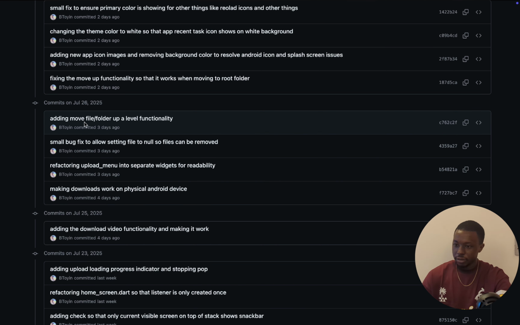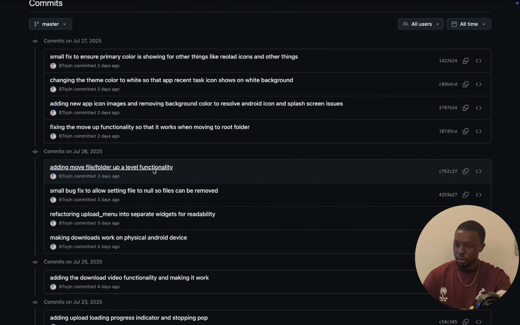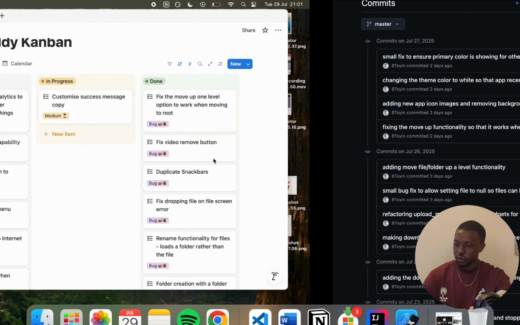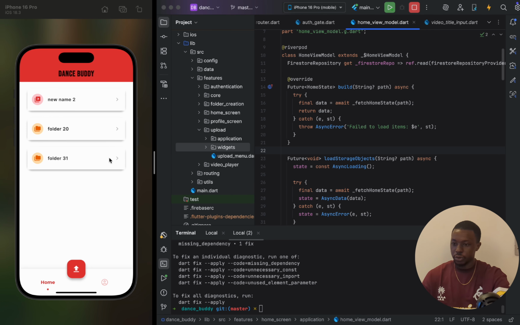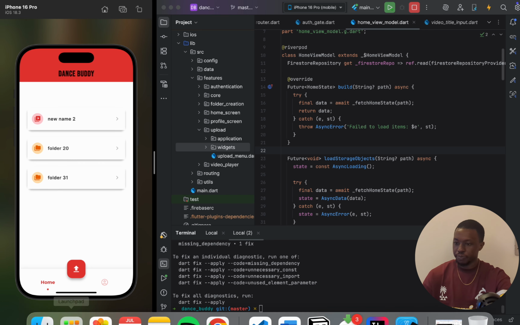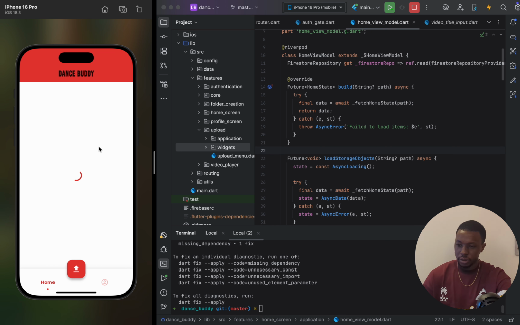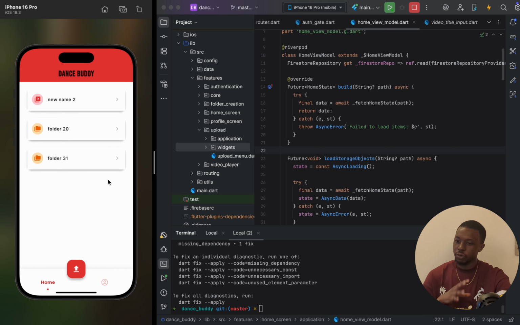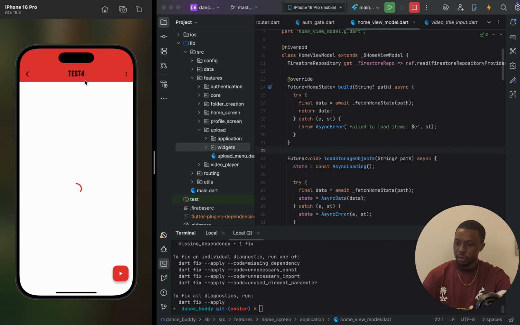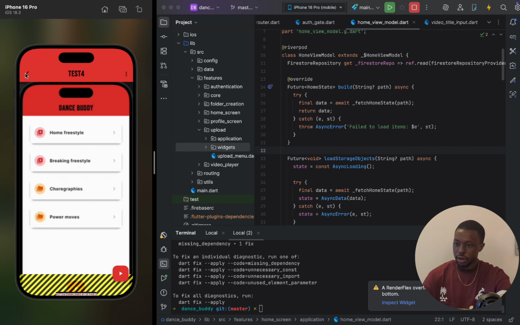And then the last kind of feature that I've done in the last few days is this move level up kind of functionality. So let me show you what I mean with that. Currently, you're at the root of your directory structure, right? So the point of DanceBuddy is to keep things organized, and it's similar to how the files or folders in your actual laptop are organized, right? So you're at the root. If you go into a folder, you can then look at a video,